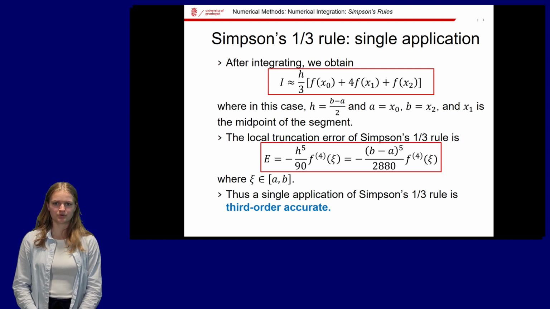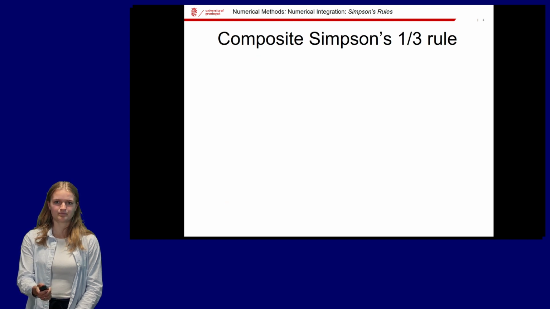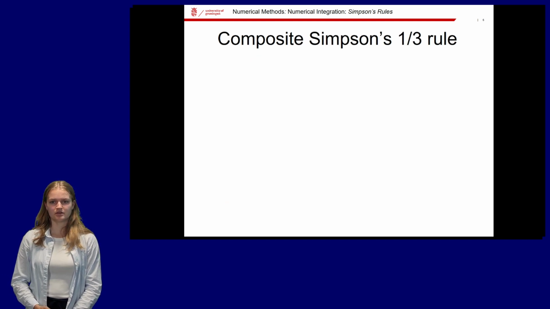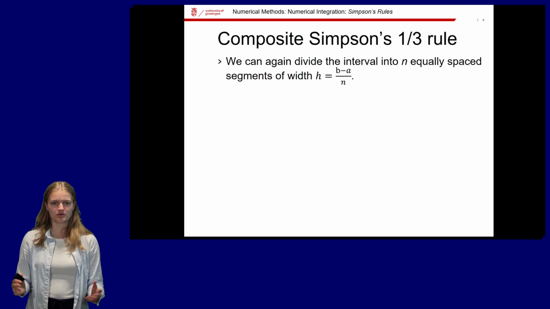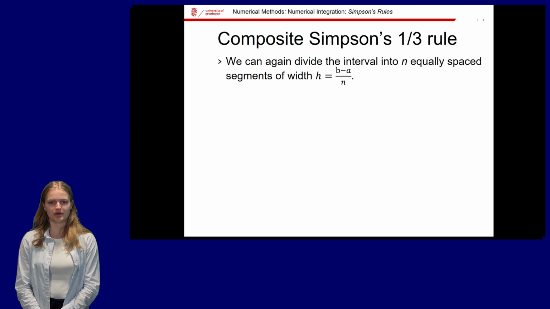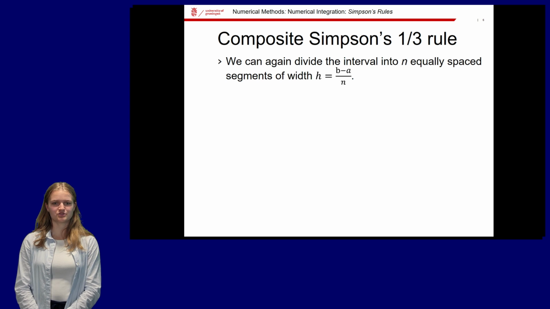Recall that a single application of the trapezoidal rule was 1st order accurate because it depended on the 2nd derivative of the function. So you can see we improve the accuracy a lot already. Now, to improve the accuracy even more, we can divide the interval up into a number of segments and then approximate the integral by applying Simpson's 1/3 rule to each segment. So let us divide the interval up into n segments of width